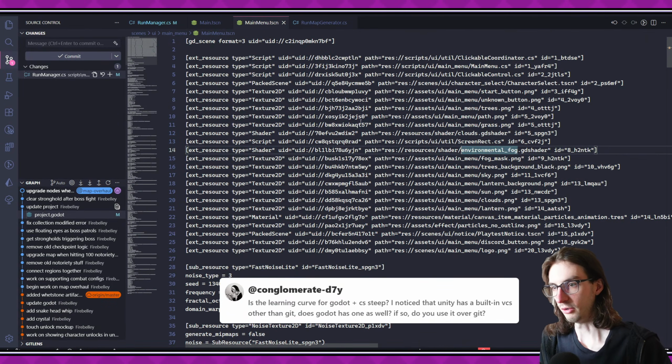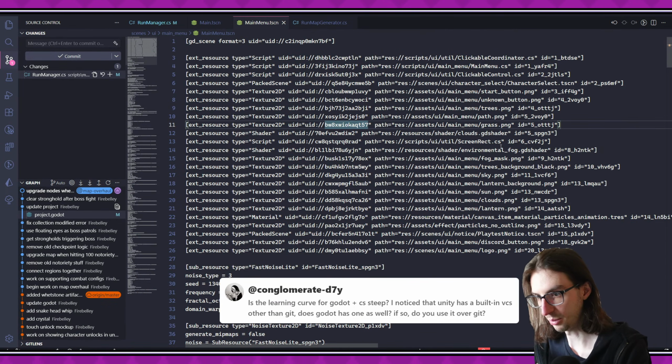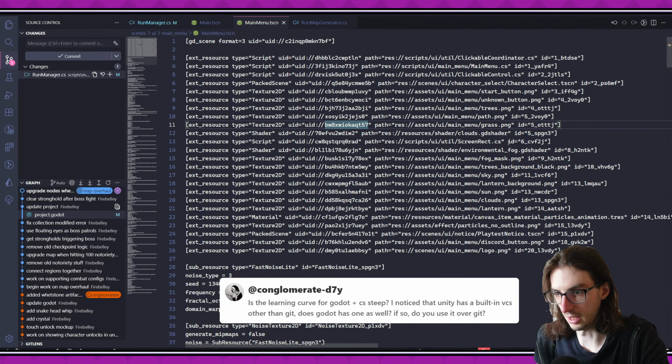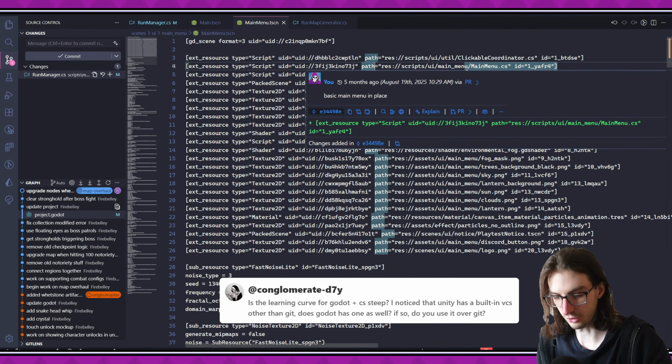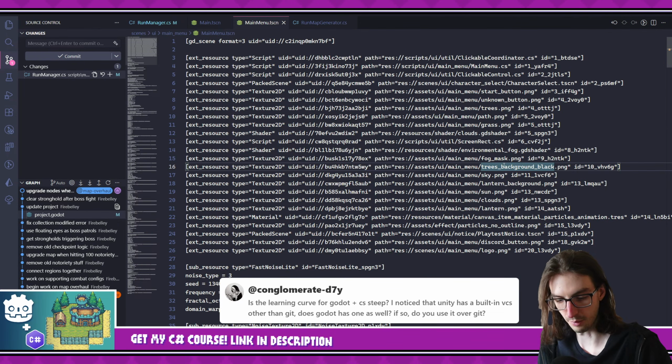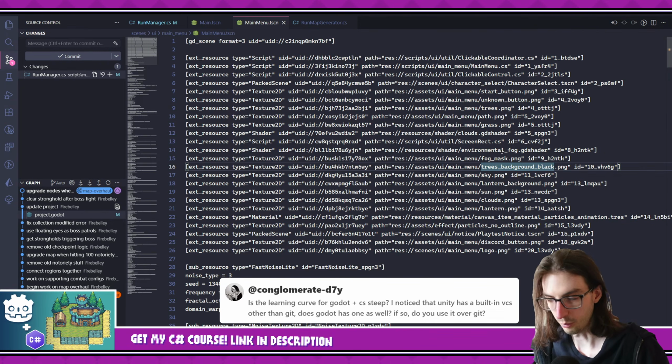So yeah, using Git with Godot is just fine. I don't have any problems with it. If there are merge conflicts, I can go line by line and resolve them, or just deal with the merge conflicts as you typically would. Overwrite the file with one of the branch versions or whatever. But yeah,